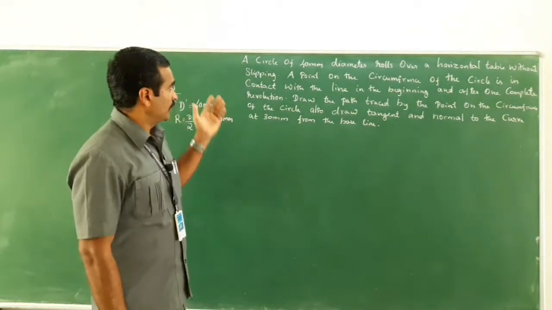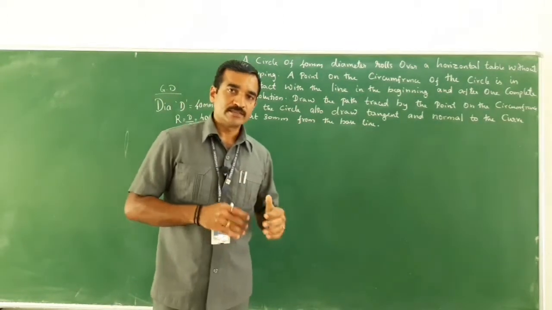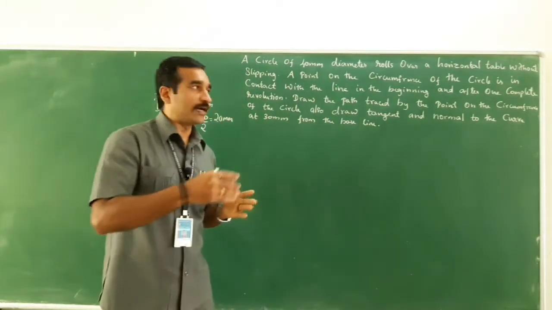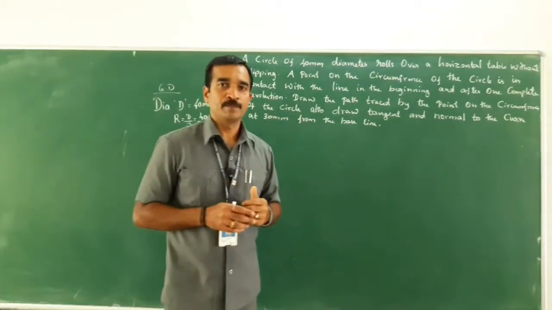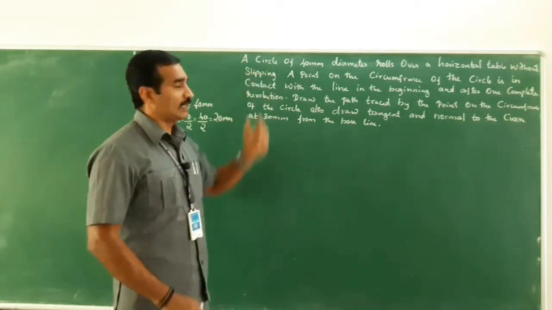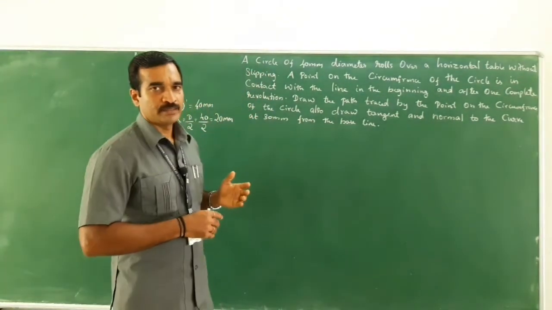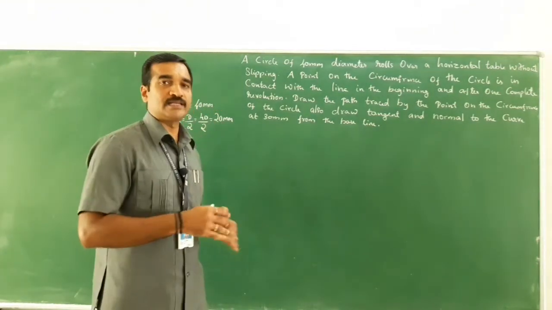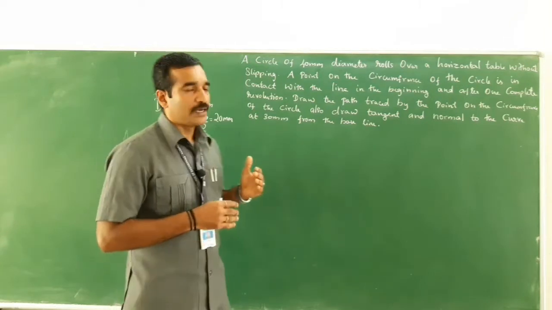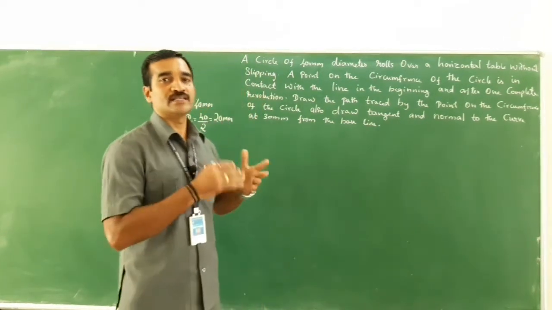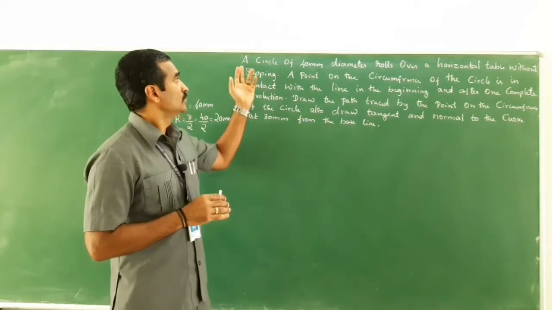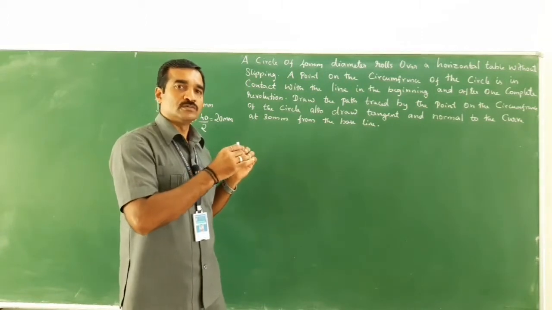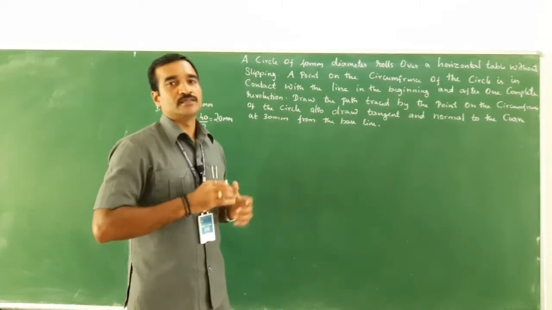This is a straight, direct question where it says a circle which is rolling over the horizontal table without slipping. In other words, instead of a circle, they may specify a drum which rolls on the ground, or a cylinder which rolls on the horizontal line or a straight line. So, you should understand the concept, what kind of question it is, to draw the particular curve.